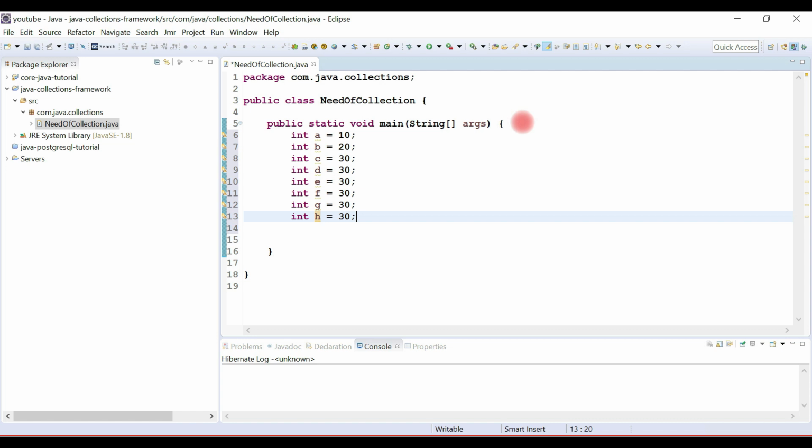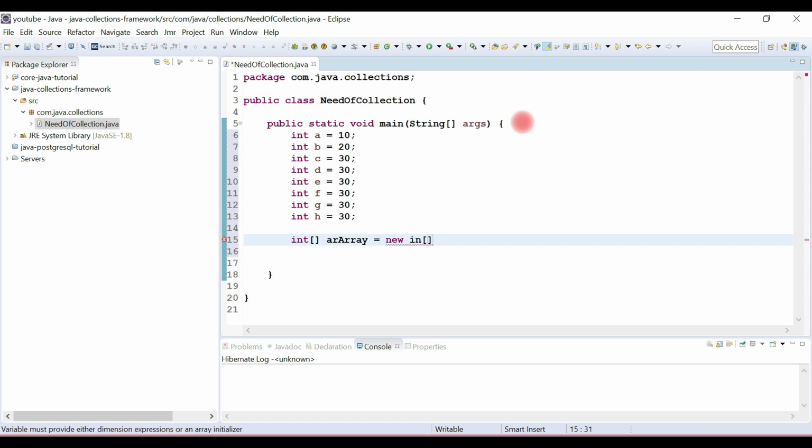For example, in our example I can create an array of integers, something like this, equals new int, and I can define the size of the array of integers like 10,000. Alright, so the main advantage of an array is that we can store multiple values with a single variable.